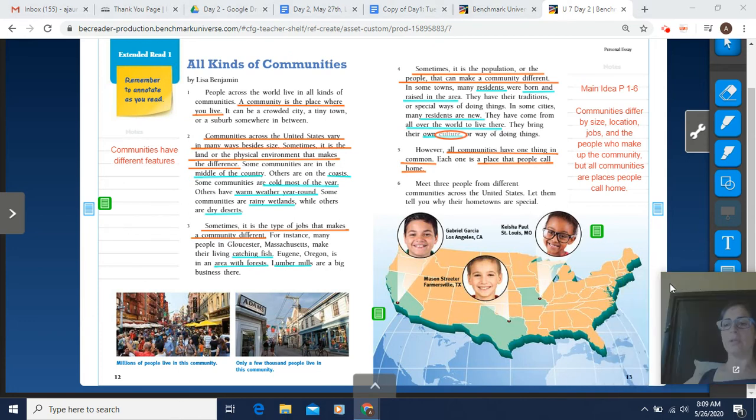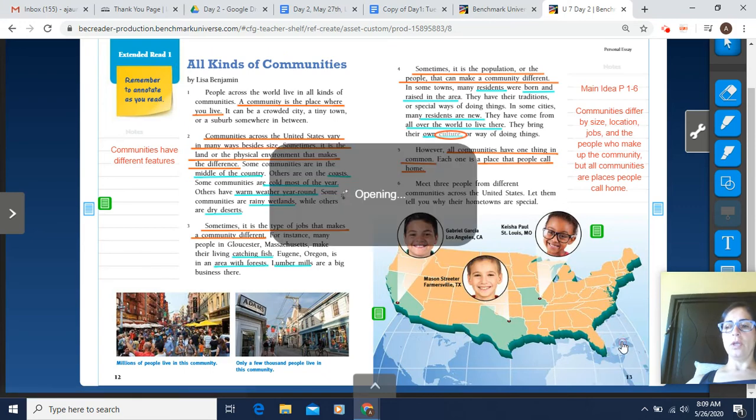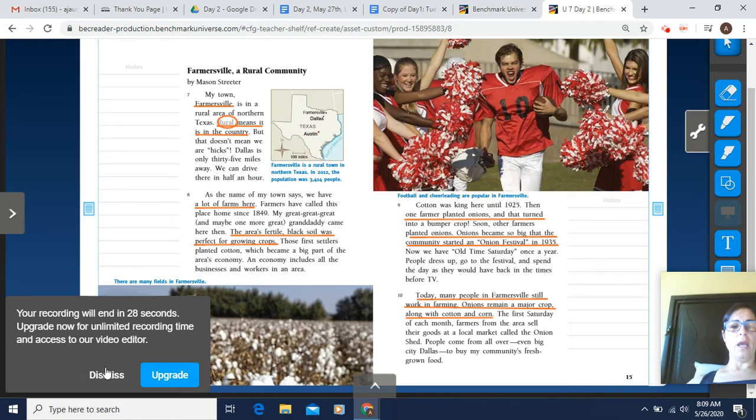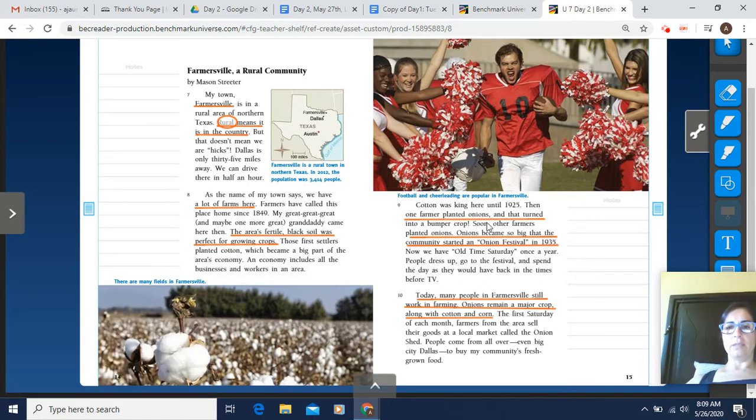So boys and girls, if you see, I have underlined the key details, and right here we have come up with the main idea. So now your turn is going to be to read Farmersville, a rural community, and I have already underlined some of the things. I want you to maybe circle words you don't understand, take notes over here, and then come up with the main idea for paragraphs 7 through 10. Okay? Have fun doing this, boys and girls. This should be a little bit easier now that you have these underlined. All you have to do is come up and then fill them in onto